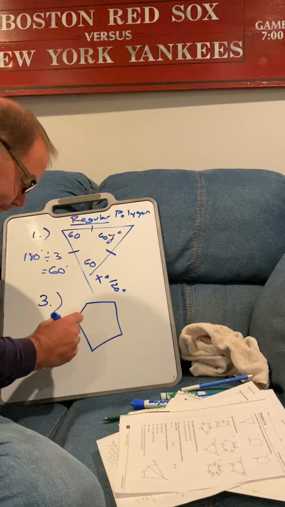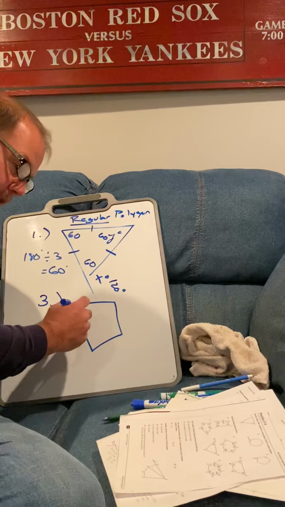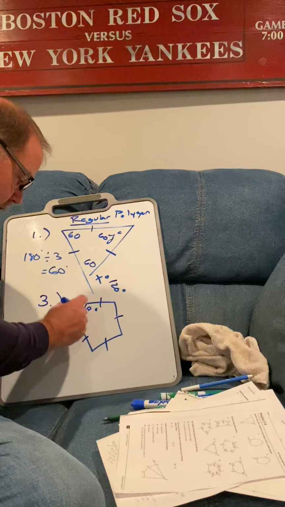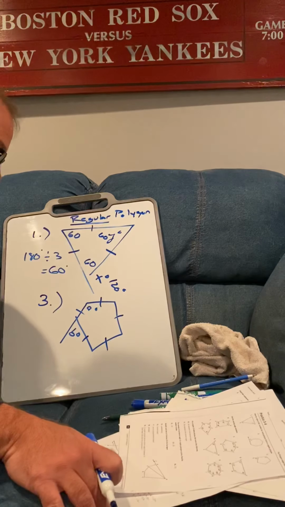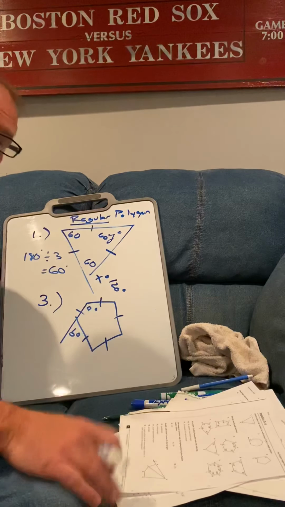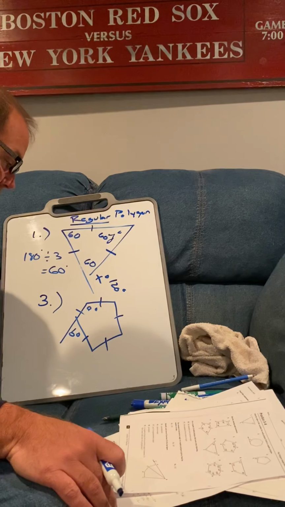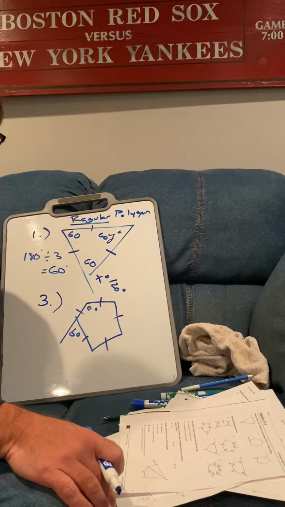In this picture we have a pentagon. A pentagon is a figure that has 5 sides. Again, it's regular, so all the sides are equal. How many degrees are in a pentagon? Well,